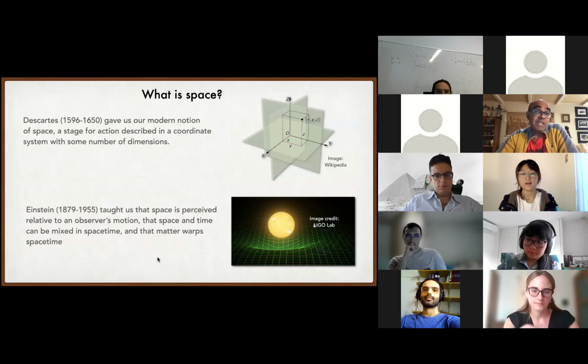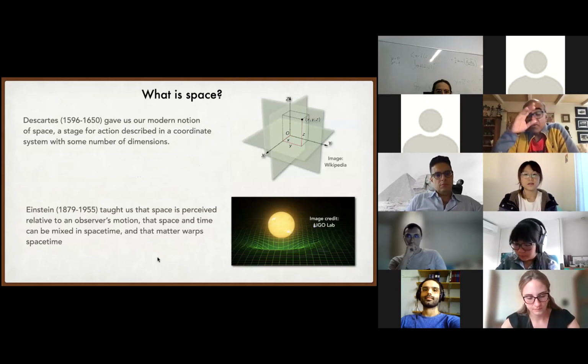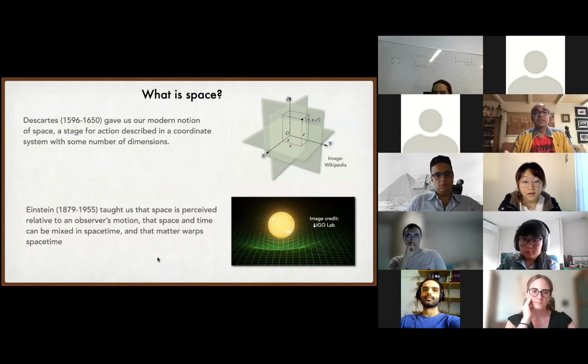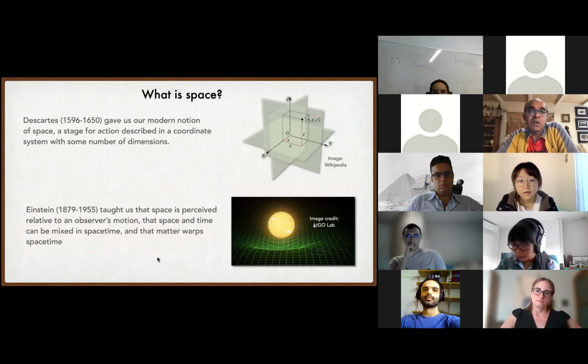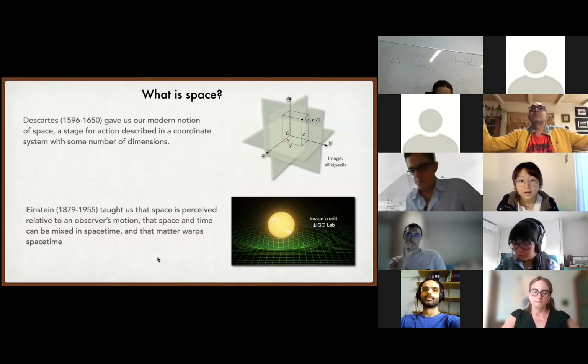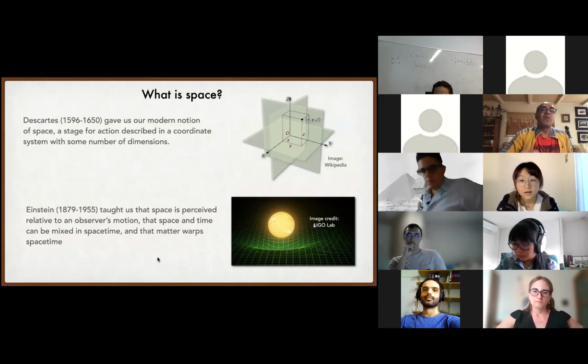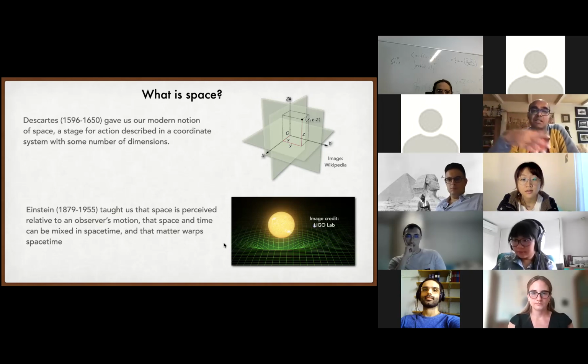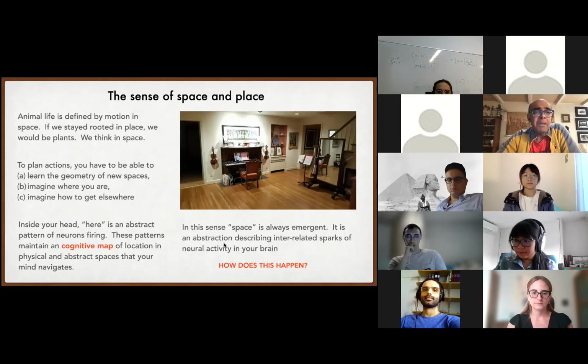Our modern scientific way of thinking about space, and we're all scientists here, so we're heavily brainwashed to think in this way, is due to Descartes. He gave us this modern notion of space as a stage for action, a coordinate system with a certain number of dimensions. And I've been using this idea again and again in the talk so far: a physical space in the world is 3 dimensions or 2 dimensions, or an abstract space of odor and so on. But it's always in terms of these coordinates. And of course, there are modern notions in physics, like space can warp and mix, because of relativity. But inside your head,